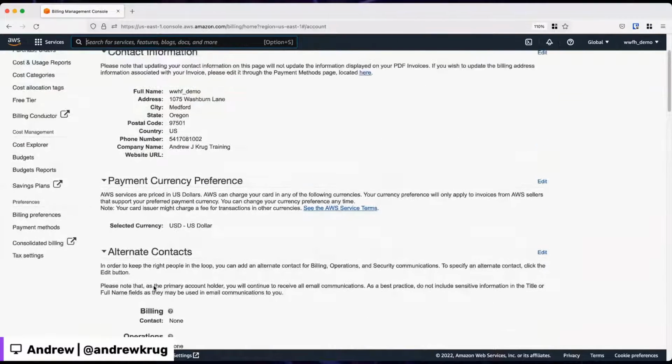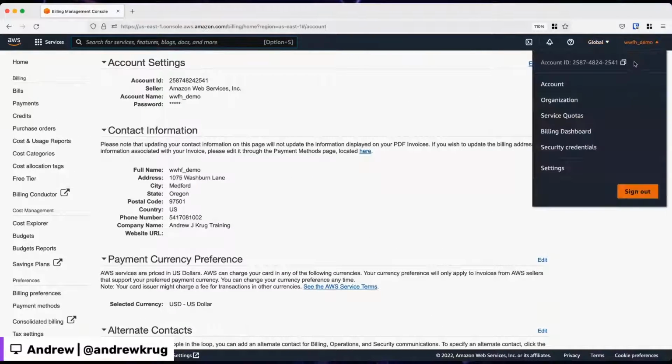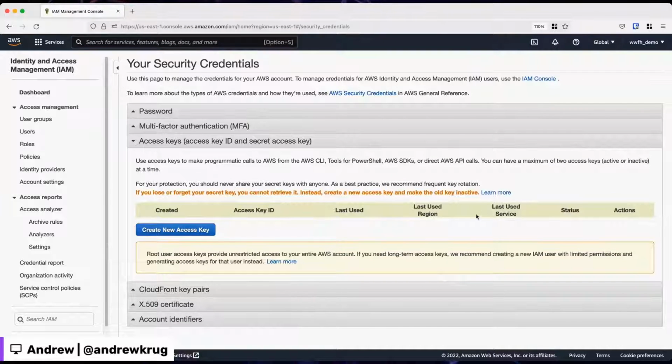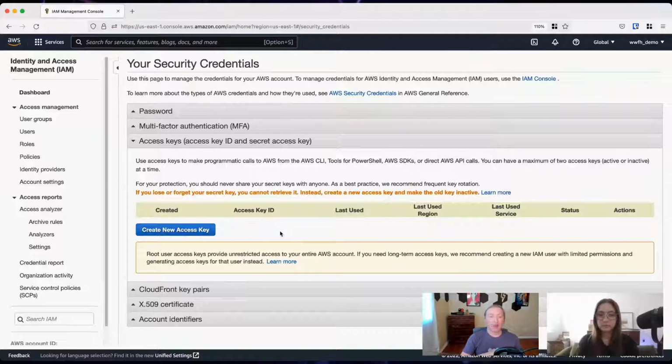And then for the actual root user itself, you have a basic username and password. You can also have a key pair, though in theory, if you're never using this first very highly privileged account for anything, you should never even generate an access key for this user, because this is just kind of a recipe for disaster. There used to be a number of things that you could only do as the root user from an API perspective, but most of those have been delegated away. So this is one of those things where if you've had an account for a while, it's just kind of a good idea to pop in and make sure you don't have one of these keys.